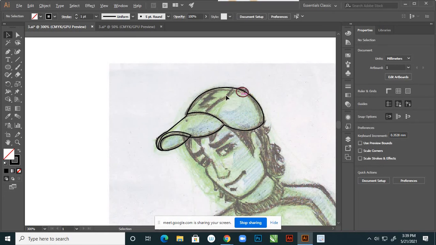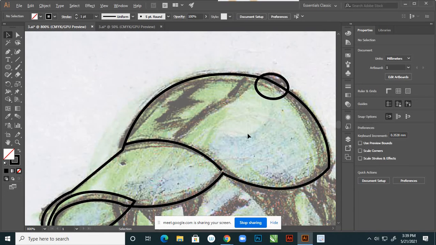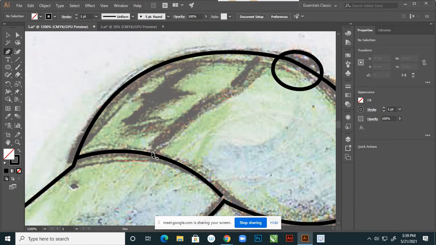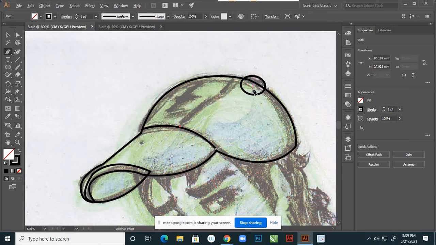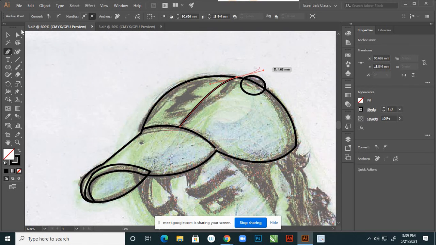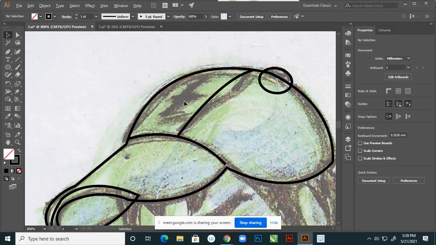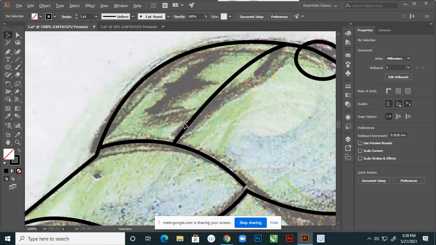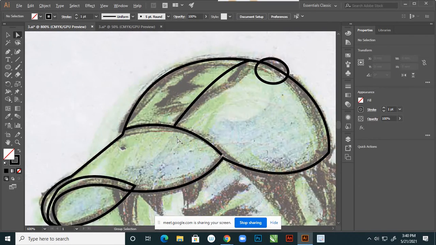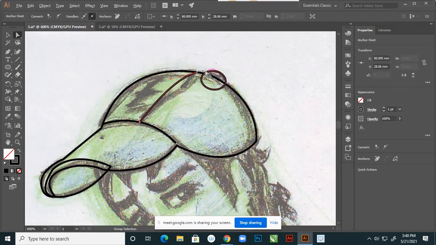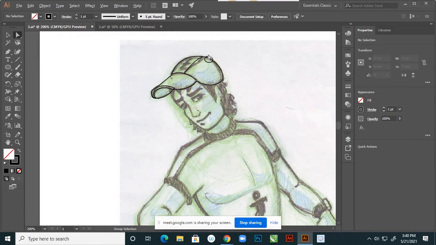Perfect. With the direct selection tool you can adjust those lines, right.